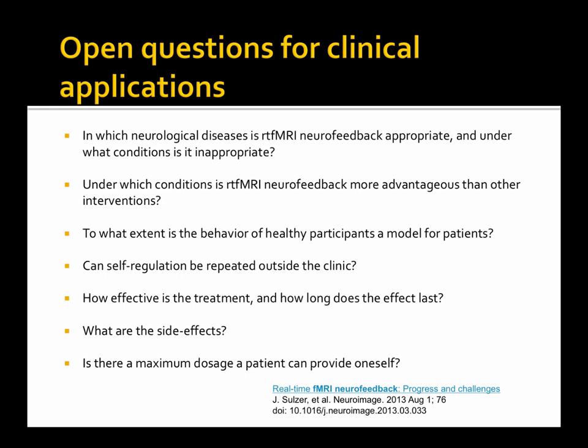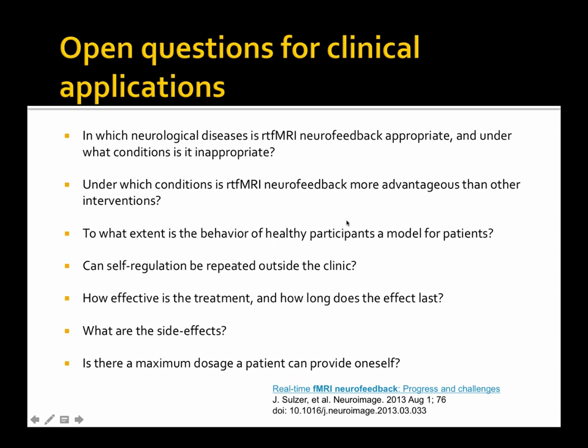So what will be the conditions and the ways around to make this a tool that will help improve the clinical outcome, right? When will this be more beneficial than other interventions? As I mentioned before,